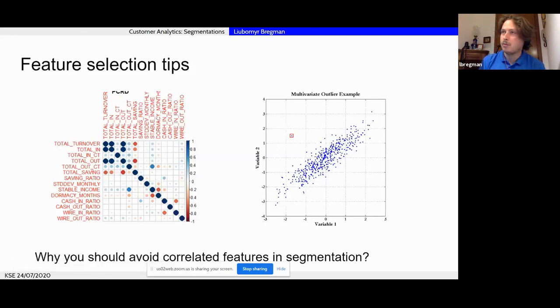So what I can do, there are two basic ways. First of all, I can apply different scaling techniques for total turnover and for everything else. That's one way. Within at least the k-means algorithm, it's also possible to set weights, but they always will be a little bit counterintuitive.